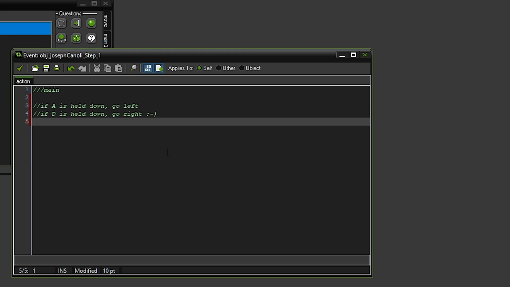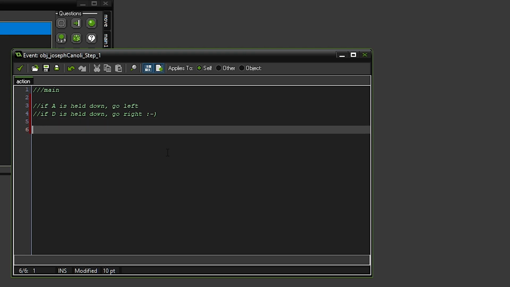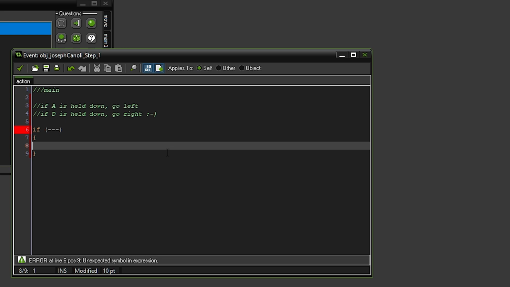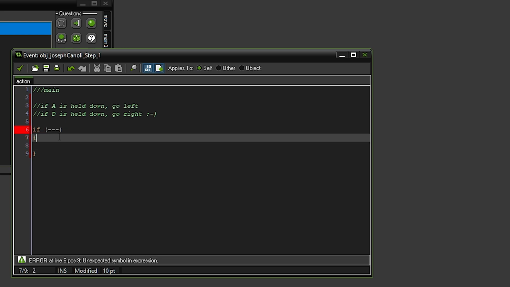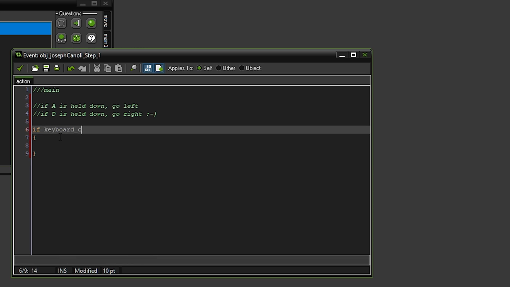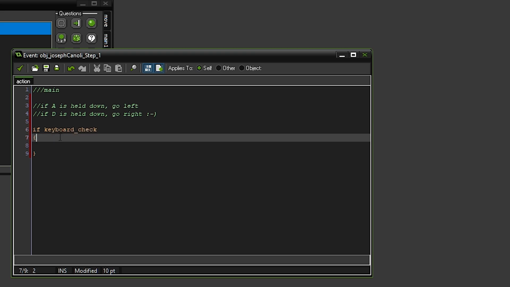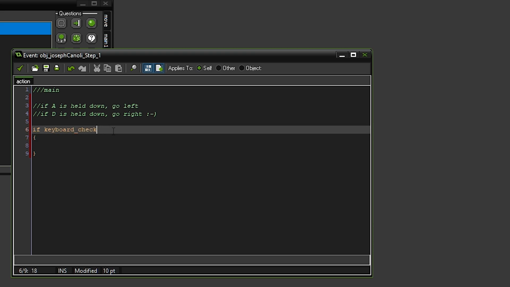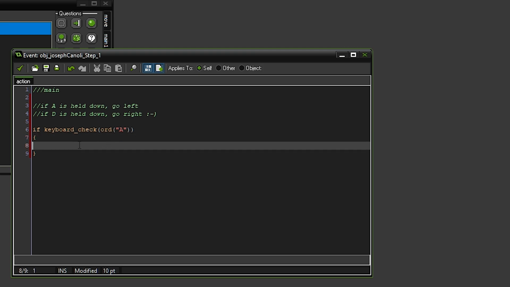And that's it. So what we want to do here is an if statement. An if statement means that if this condition is met, then you run the following code. It doesn't run every single time, only if this condition is met. So let's say if keyboard check, that means this function right here checks if the button is held down, right? If keyboard check A, so ignore this, means if A is held down, so if you're holding down A, then let's do move